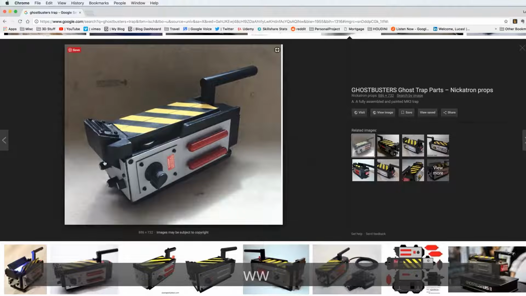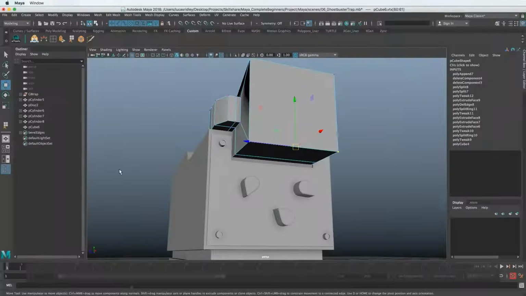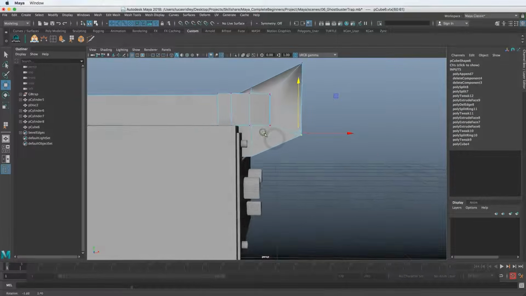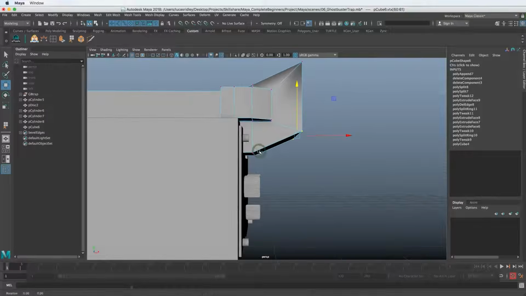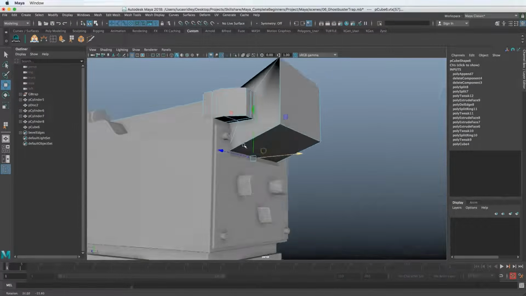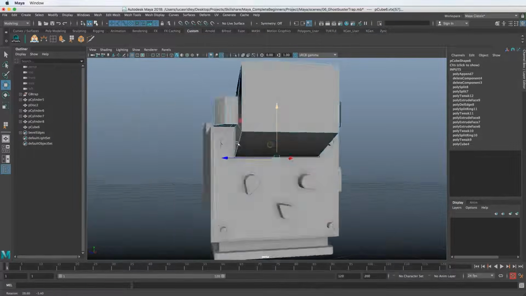So let's go back here, and we're seeing that this is below here, and this goes in at an angle. So I think this is more supposed to be up here, but still below this area. And we can just select these and drag those in and down, because we're just going to crash that right into the other model just for speed's sake.